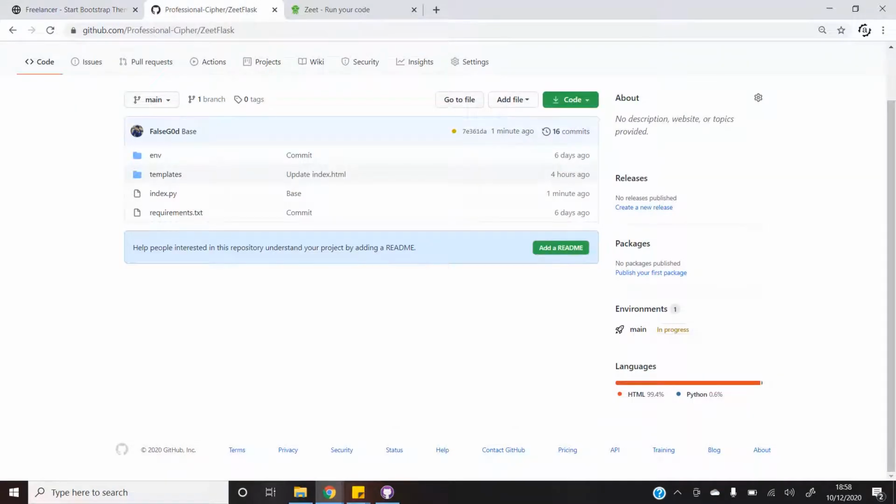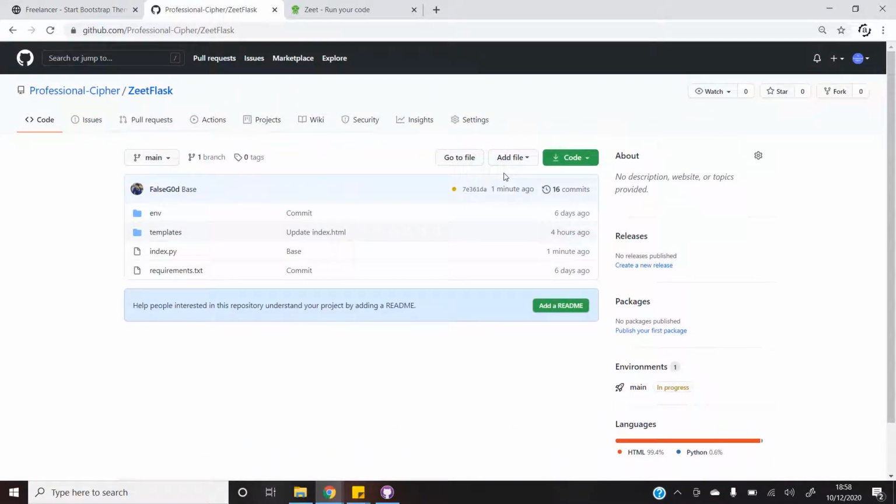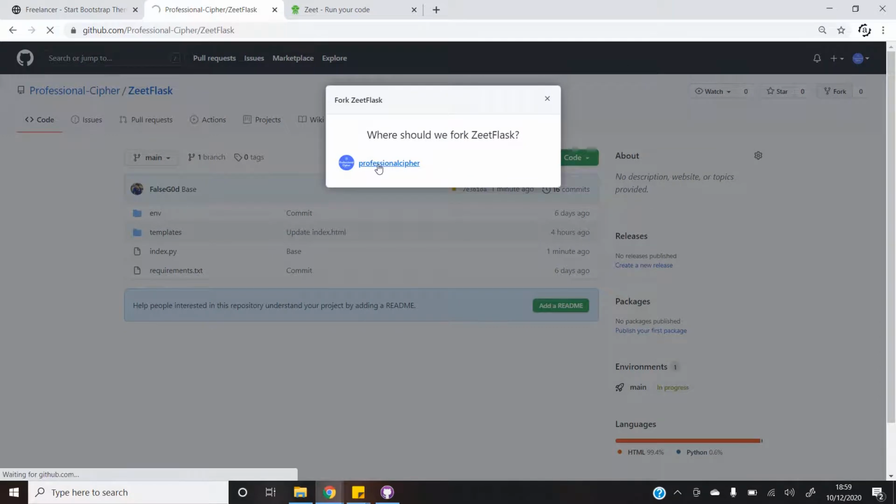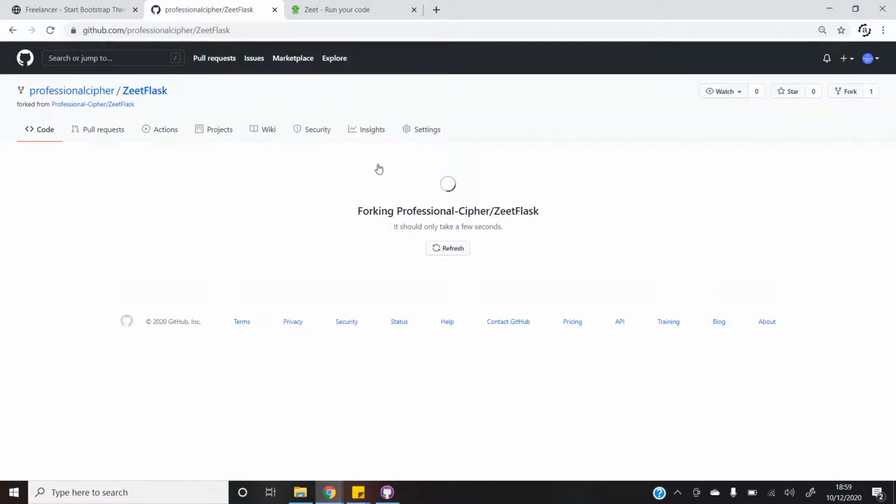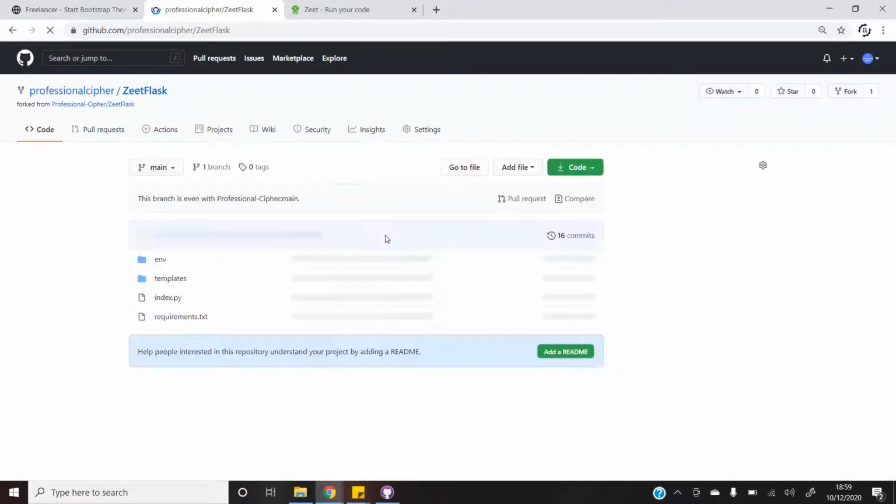We will start by forking this Git repository as a base project which is available on our GitHub account. The link for the same will be available in the description. So let's fork it and then open it in our favorite text editor. Here we need to do some setups, so let's see what they will be.